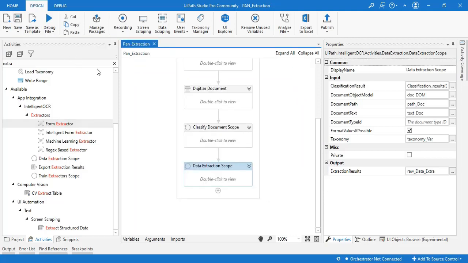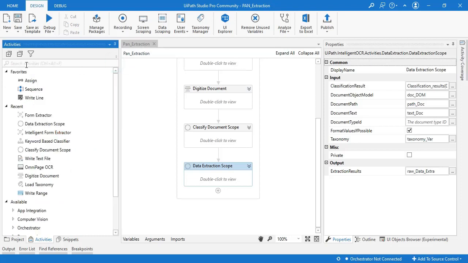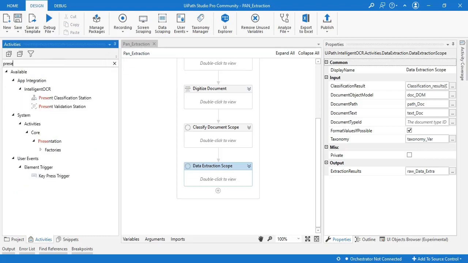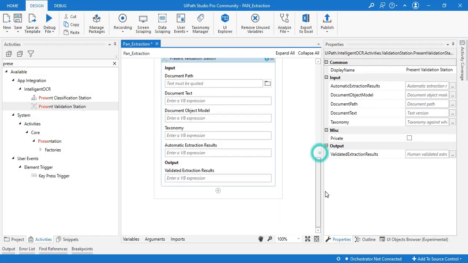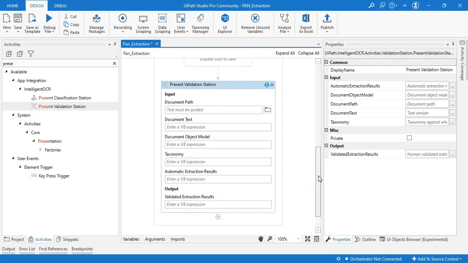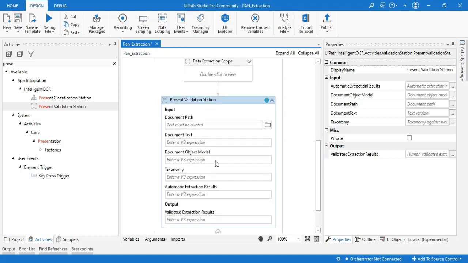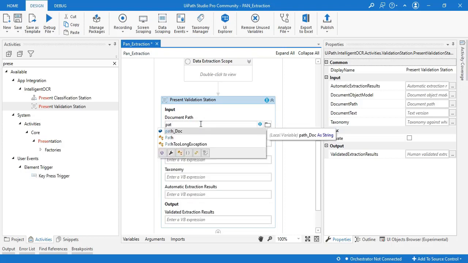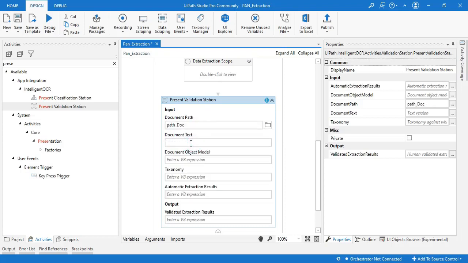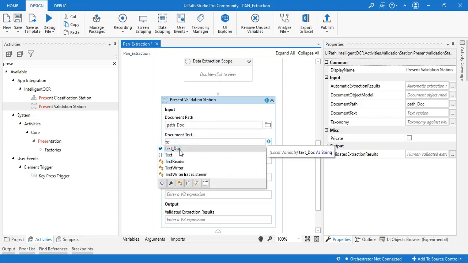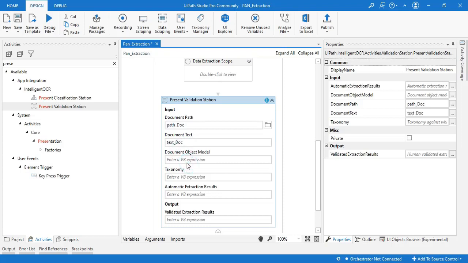Now we need to quickly validate these. For that, we will drag and drop present validation station. This is an activity used to provide the data or the results for human validation. Again, the inputs are pretty much the same: path, text, document object model, taxonomy.